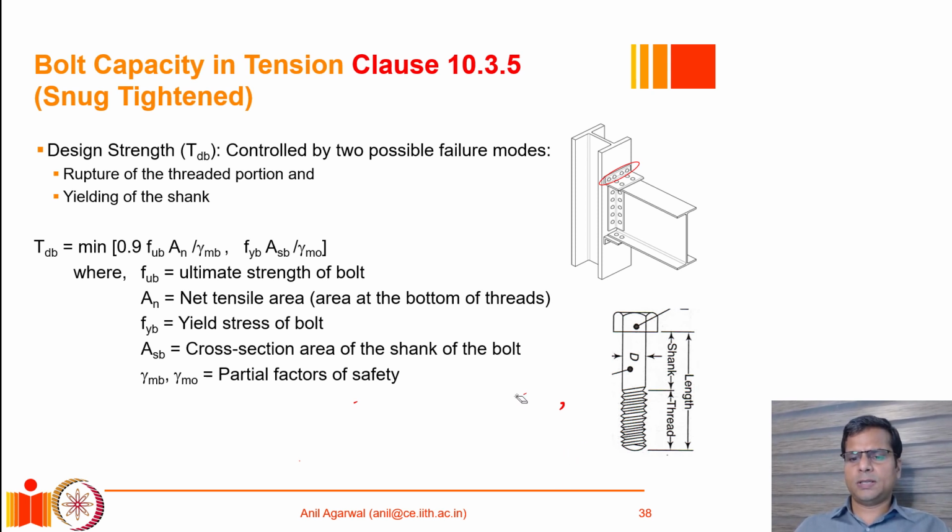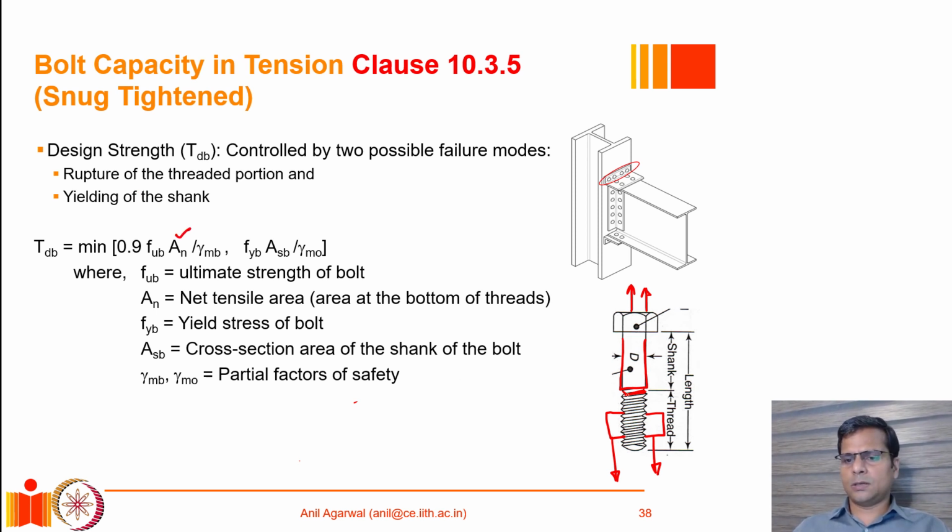So when we see a bolt that is subjected to tension, you can imagine that this is a bolt, and then there is a nut here which is basically pulling the bolt to this side at this end, and it is being pulled to this side at this end, right? As a result, this portion of the bolt is subjected to pure tension. Now this much part of the bolt has a uniform cross section which is larger than the portion that is here. So this portion has a net cross section which we call A net,